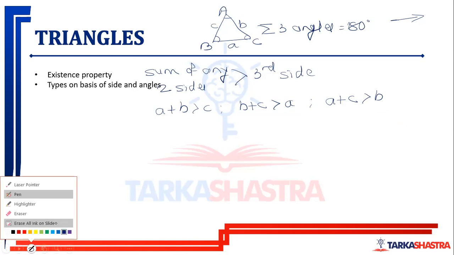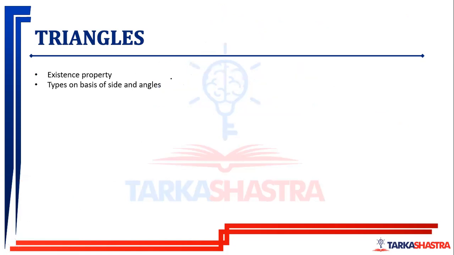Then types of triangles based on side and angles. So there are various types of triangles based on their sides and angles, जिसमें सबसे important और सबसे पहला आता है स्केलिंग ट्रायंगल, जिसकी ना कोई साइड इक्वल है ना कोई एंगल इक्वल है. यहाँ पे अगर मैं इसको ट्रायंगल ए बी सी नाम दे दूं एंड दीज आर देयर साइड्स ए बी सी, सो ए इज नॉट इक्वल टू बी इज नॉट इक्वल टू सी. तीनों में से एक भी साइड और एक भी एंगल इक्वल नहीं है, इसको बोला जाता है स्केलिंग ट्रायंगल.